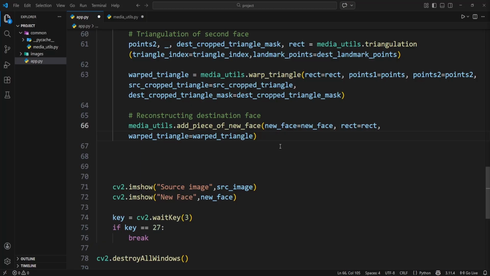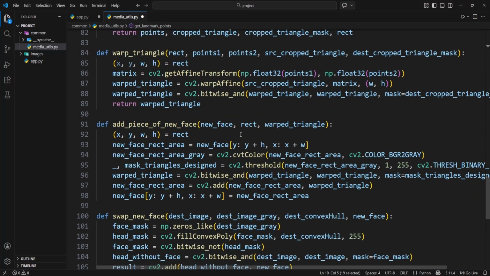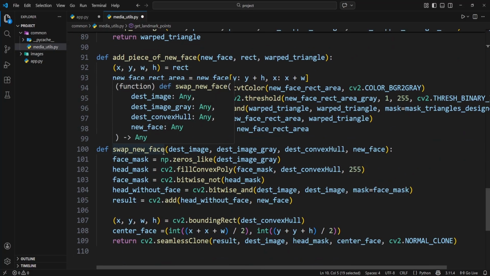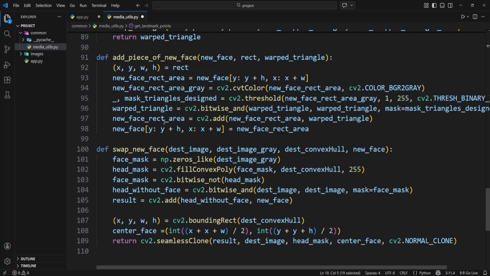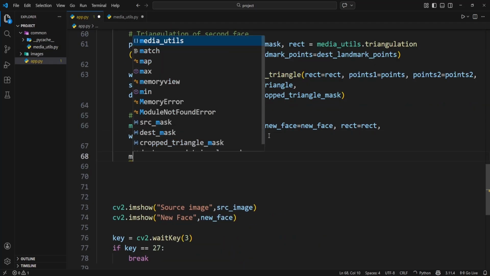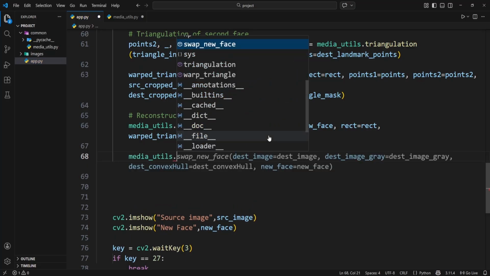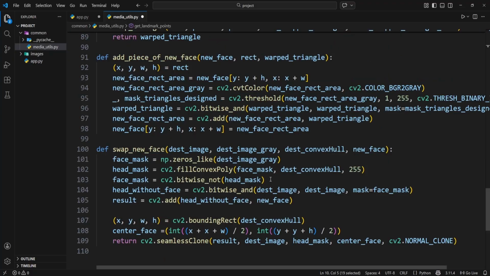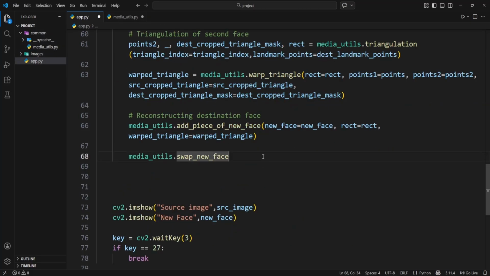I want to say the final swap. For that we need to use a function, and our function name is swap new face, this one. So let's go back to the add.py file, and here I'm going to type media utils dot swap new face, this one. And as you can see, in that function we need to pass a total of 4 parameters: distribution image, gray, distribution convex all, and new face. So let's go back to the code, and one after another I'm going to pass all the